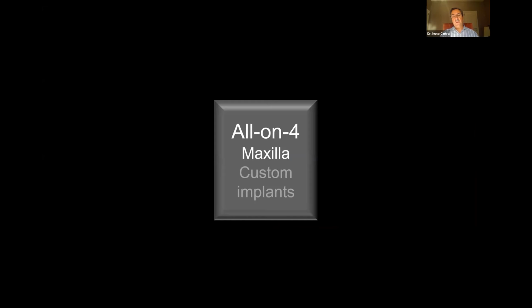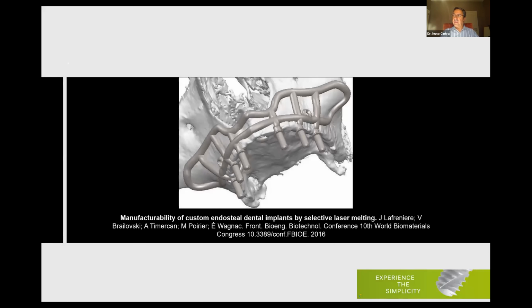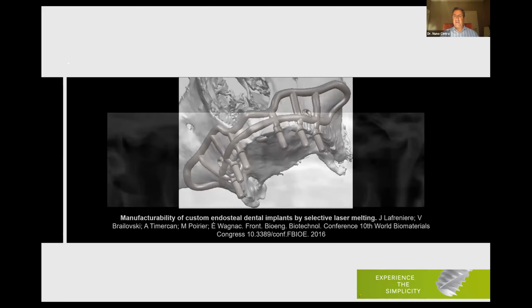Nowadays, we are also able to do All-on-4, All-on-6 with custom implants. Custom implants, for instance, like these ones that were presented in 2016, laser melting implants, or 3D implants made with titanium powder. Well, the point is that the implant is made for the patient. It's a custom implant made for the patient according to the CT scan or the CBCT, and that's a problem